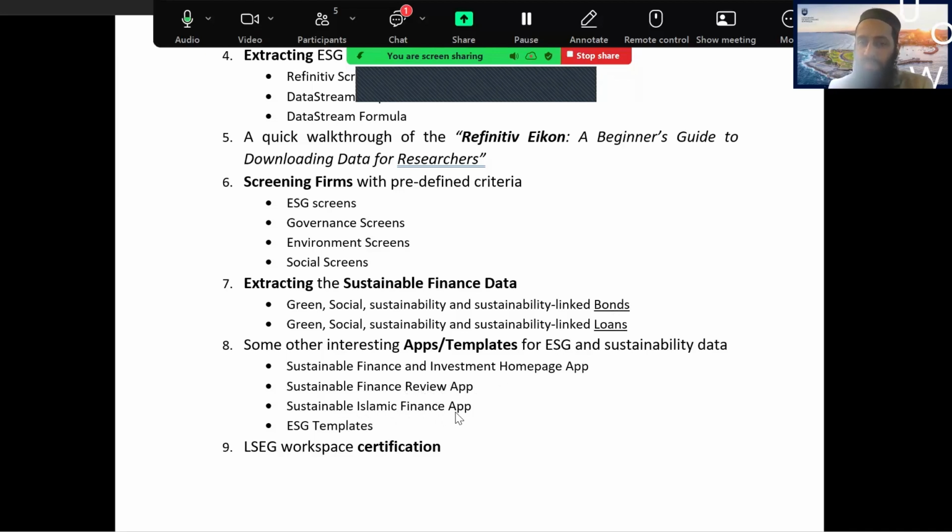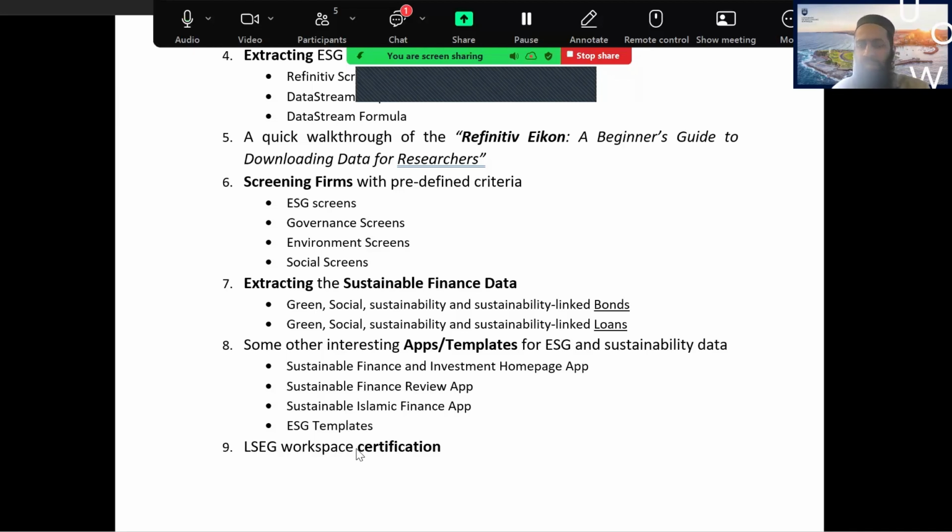There is also Sustainable Islamic Finance. They have heaps of data. Sometimes people coming from Middle East countries, if they are doing honors or PhD program, they might be interested in something on Islamic finance. ESG templates are available, predefined templates, which you can download, just change the company. It will pull through all the ESG indicators for that company. So you don't need to design your template. Again, excellent resource for classroom teaching or some case study writing as well.